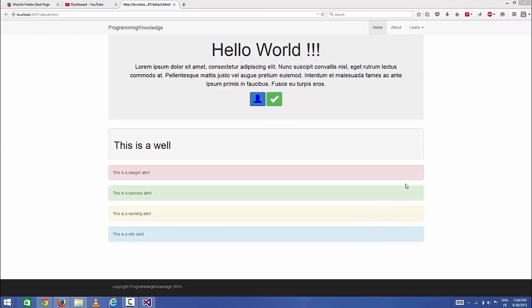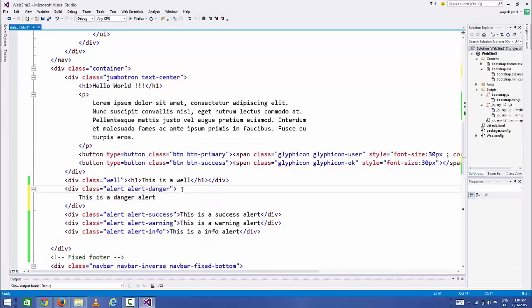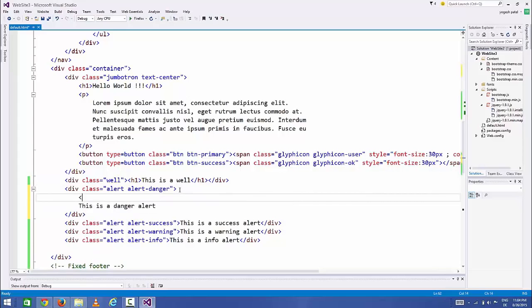So to add this closing symbol to your alert, first of all, let's separate this, and just above your message you can add a link tag A, and you can add first of all href, and this will be hash in our case, and then add a class called close, and then add an attribute called data minus dismiss, and make it equal to alert,